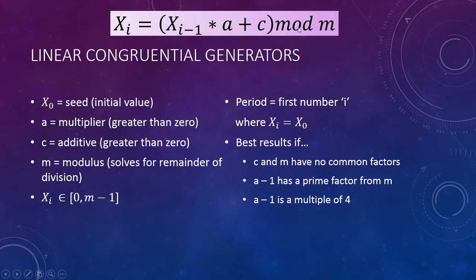The reason we use mod m here is because we don't want to generate a random number with a zero value. The x0 here stands for the initial value. The a is the multiplier, which has to be greater than 0, and the c is the increment, which also has to be greater than 0. M stands for the modulus, which means solving for the remainder of the division. And xi has a range from 0 to m minus 1,